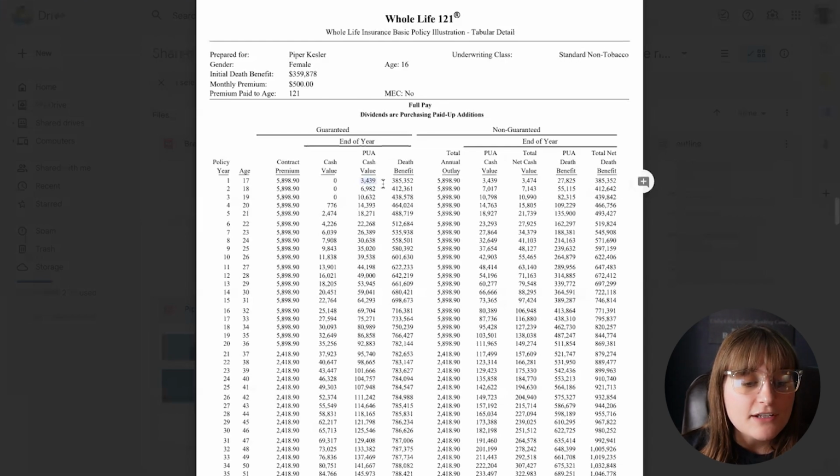So if I take $3,400 and I divide it into 6,000, she's got 57% cash value access compared to Monroe, who had 34%. So that's the differences. There's pros and cons to different designs and how you are designing that policy for the needs and the goals. And you can see here how it affects when you put more of that money into the paid up additions compared to the base premium.